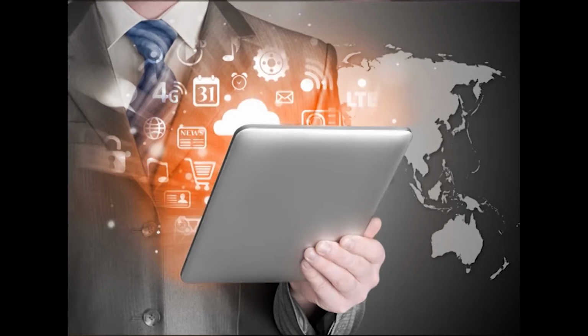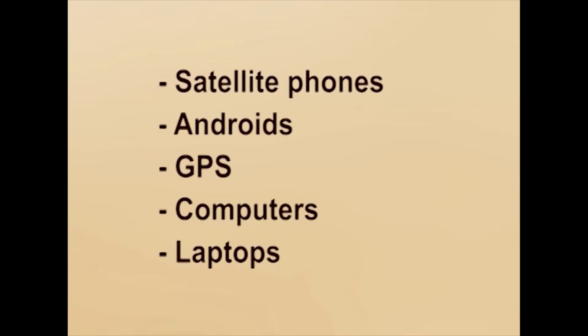In this globalized and digitalized world, criminals are also experts of information technology. They are using different modern technologies for committing crime. Now, criminals are equipped with modern gadgets like satellite phones, Androids, GPS, computers and laptops. For tracing and catching the suspect, for dealing with trained criminals and terrorists, officers need the best training. NCRB plays a crucial role to train our officers at state as well as at national level.